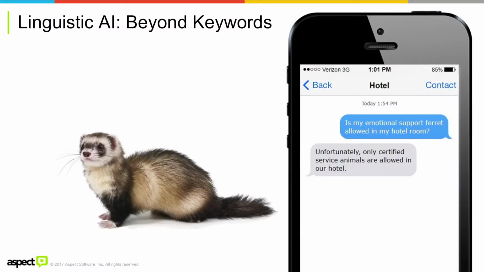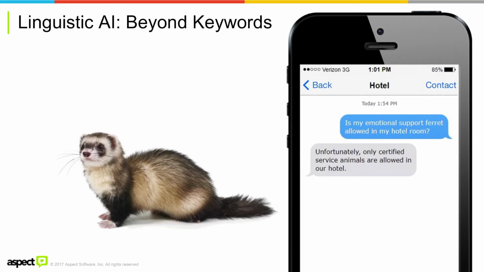Another thing we'd love to build into our AI is the idea of some world knowledge. I'm told that emotional support animals aren't as much of a thing in the UK as they are in the US right now, but you have a lot of people wanting to bring their animals with them and saying, I need this animal with me, so can I bring this animal to my hotel? And the reality is, there are some interesting choices that people are making for their emotional support animals.